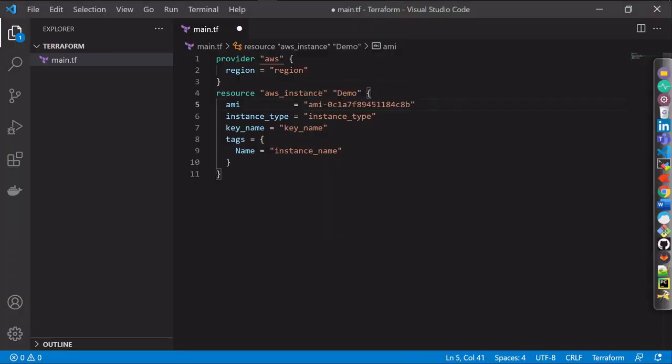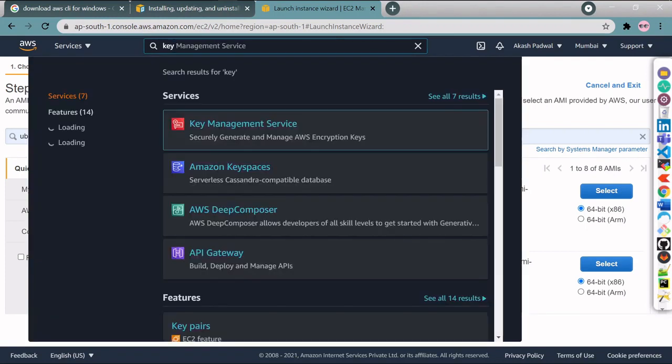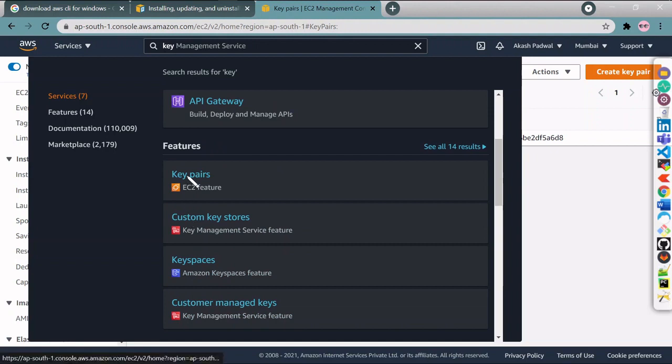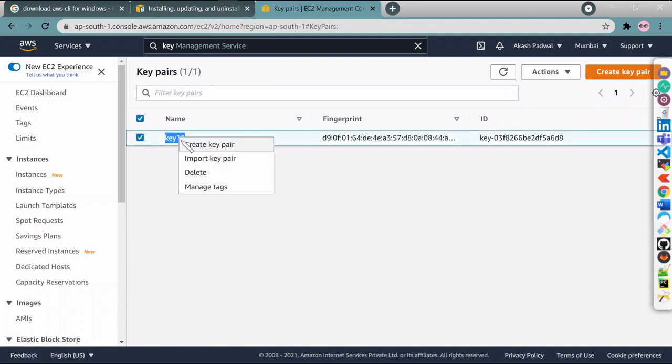and paste it here. Now next is the instance type. The instance type will be t2.micro, and the key name. Here you have to give your key pair. If you don't know the name of your key pair, you can search for it. Go to this key pair, and this is key11. Copy this,